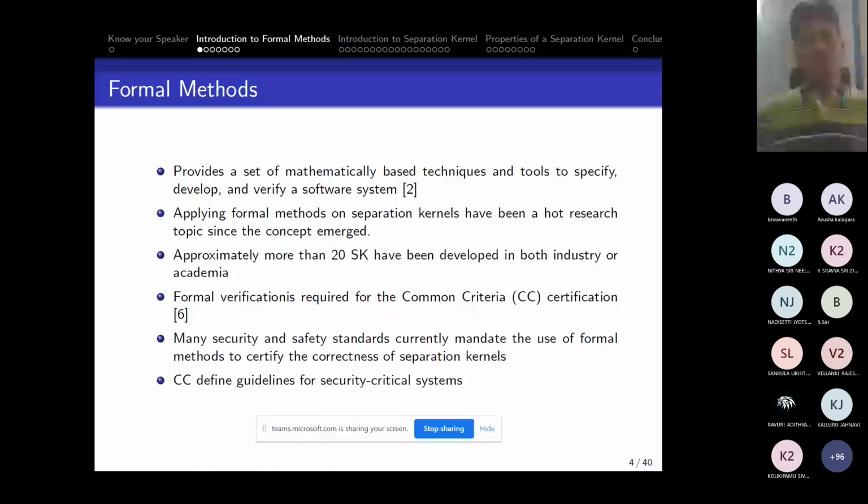There are many other applications also, like medical instruments or medical equipment, then defense systems, avionics, metro solutions. Nowadays we are working on projects that will give you driverless metro solutions. So there will not be any driver involved in those metro solutions. So these software systems need to be verified and tested thoroughly.